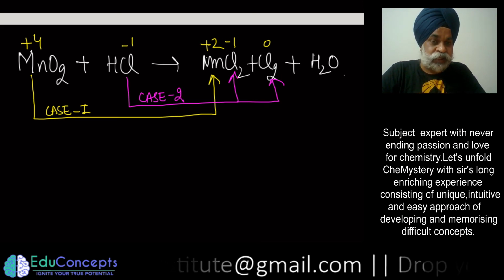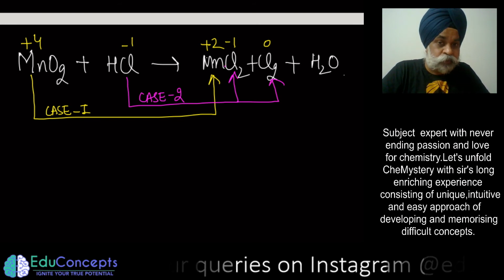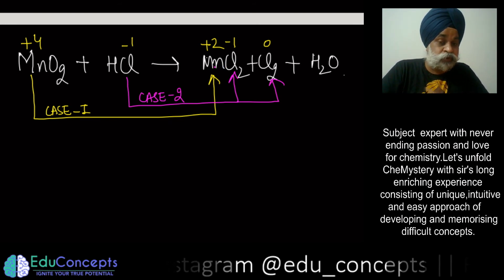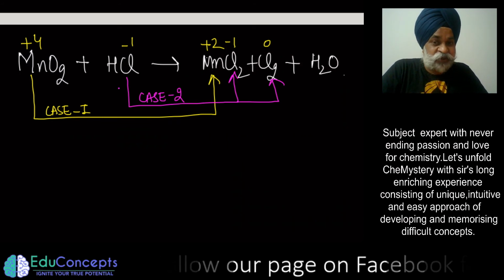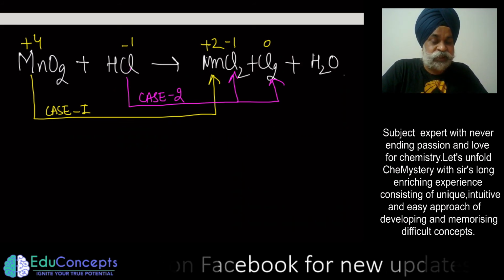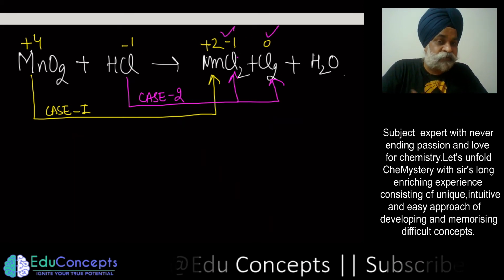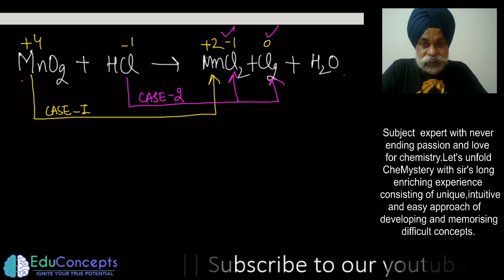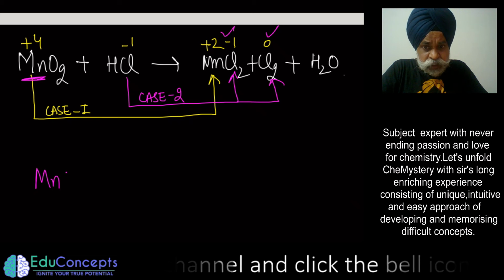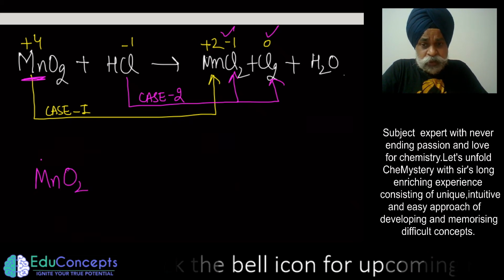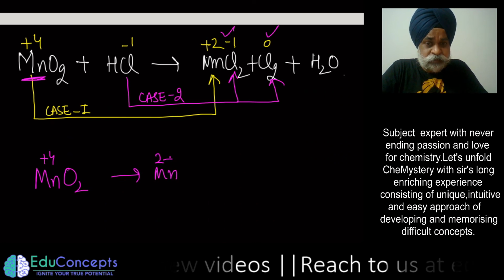And the interesting part is that this HCl is providing Cl negative to the two products during this reaction. Until you know how much of this Cl negative is going to this one and to this one, you cannot find its n factor. Why? Because there is MnO2 where manganese is in plus 4 oxidation state and it is going to Mn2+.